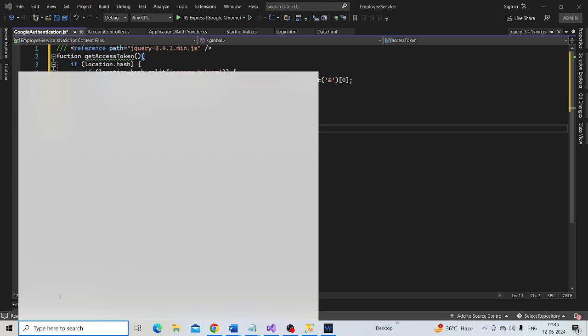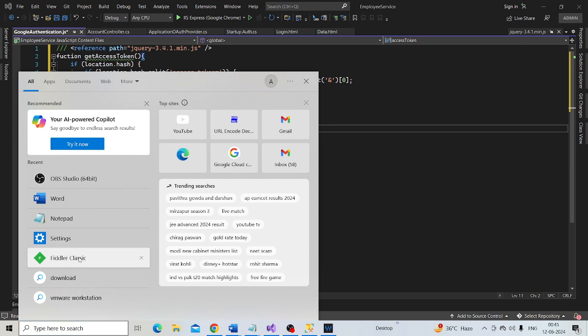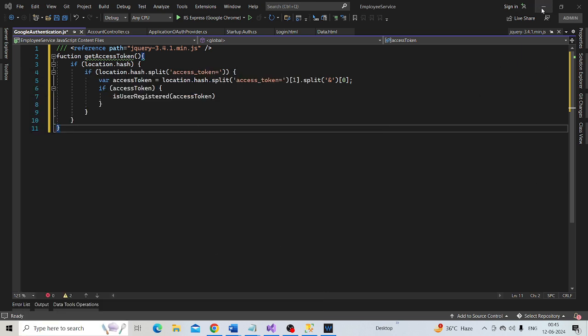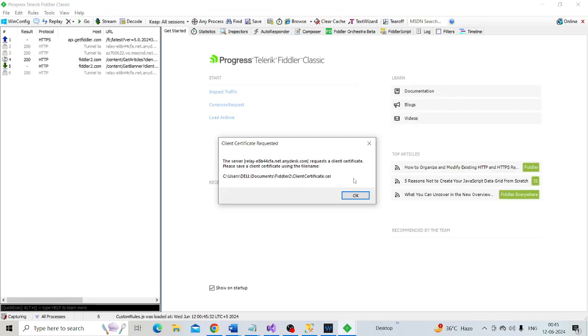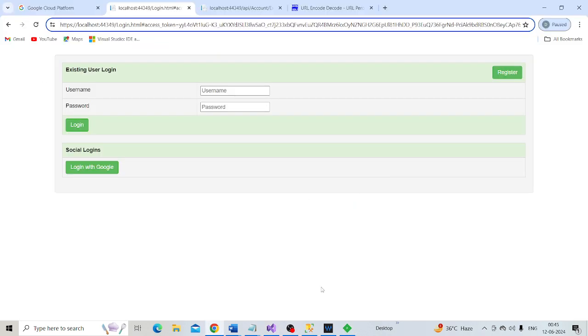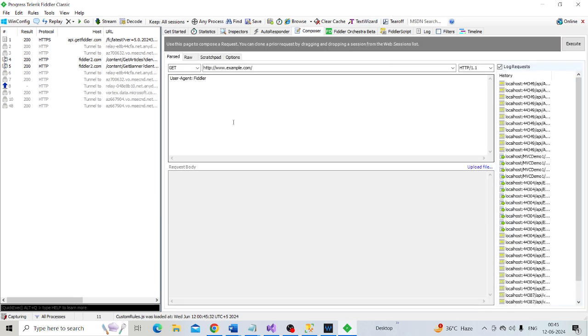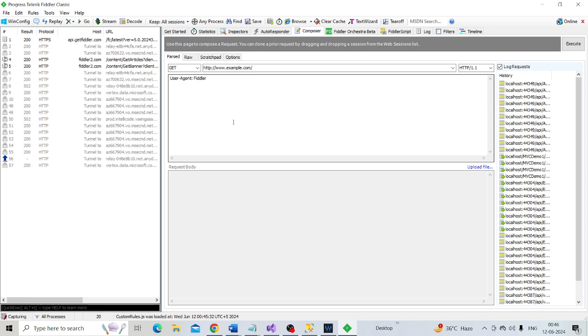So go to the Fiddler. Compose. We are going to issue a GET request. So we have Fiddler fired up here to check if the authenticated user is registered with our application.